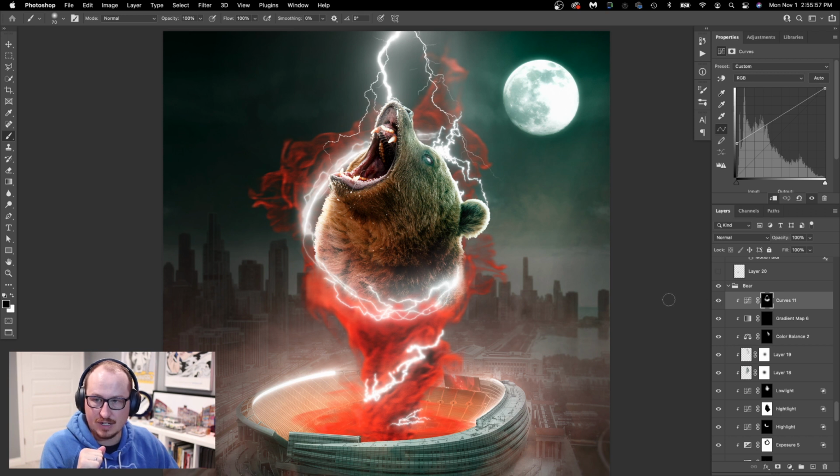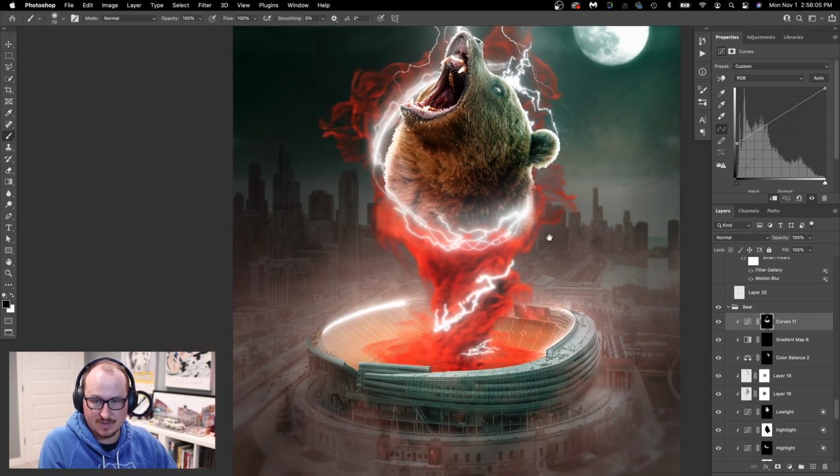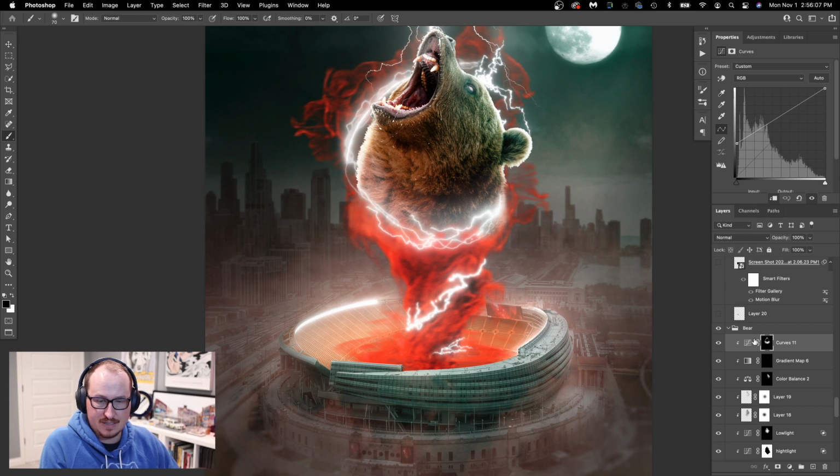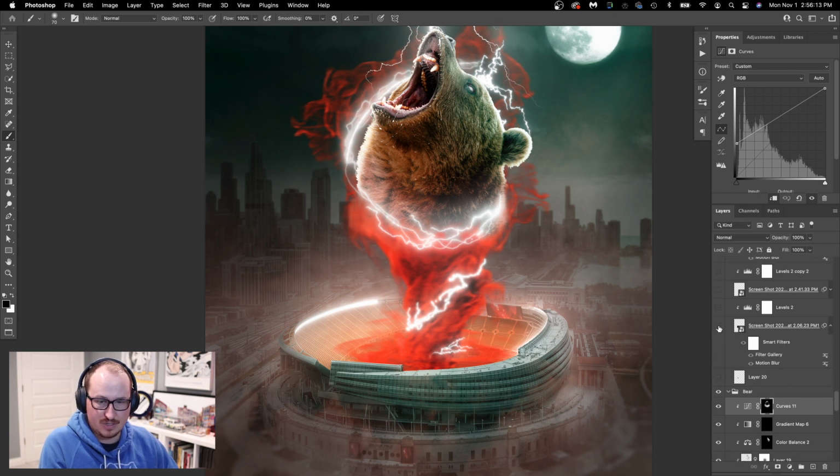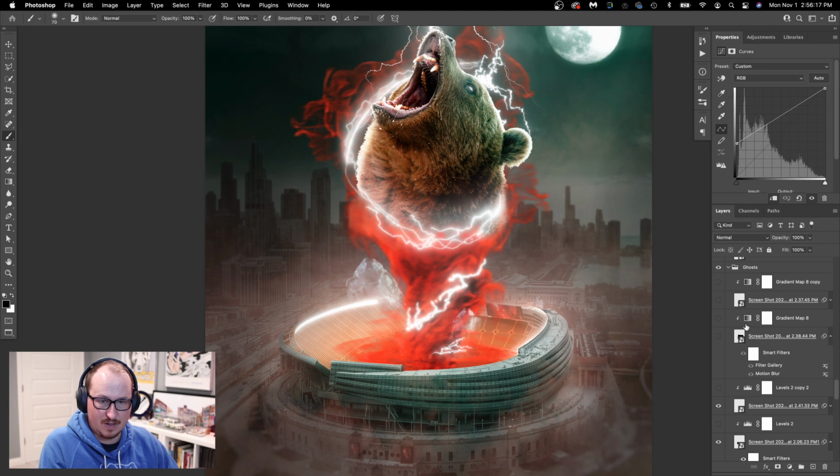And then I have a curves layer going around it to accentuate the lighting of the lightning bolts moving around the bear. So that's fun. So then I felt this needed a little bit more. So let me hit this layer real quick. Okay. So I thought it needed more, so I got some screenshots from a video I downloaded from Footage Crate